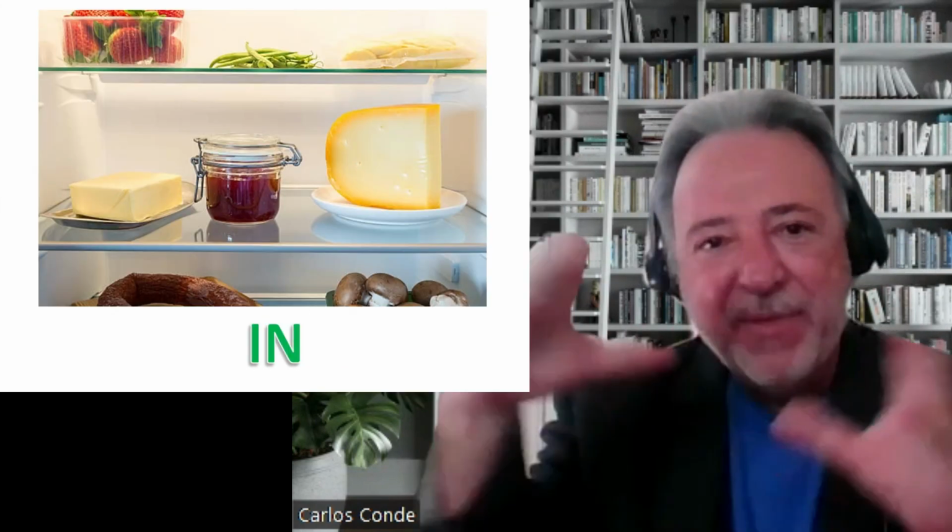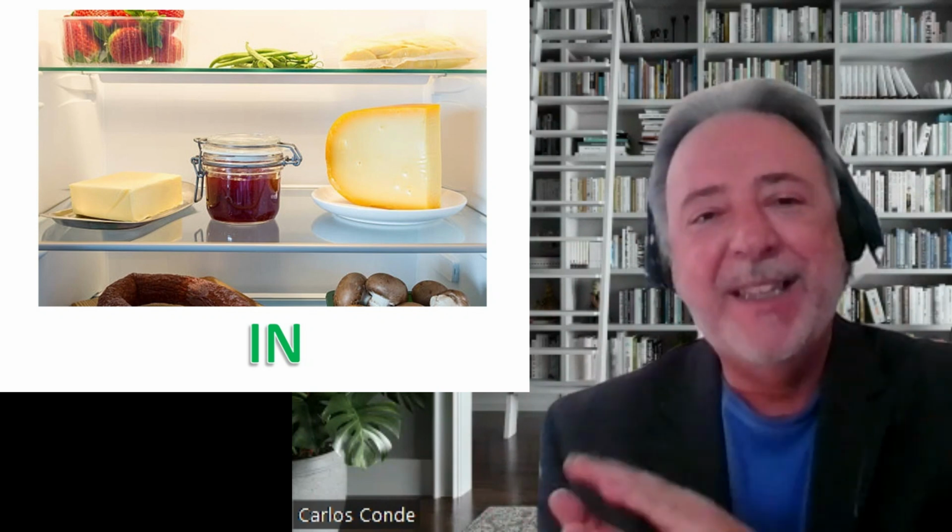Okay? If it's covered, if it's inside, it's in. If it's open, it's on. If it's resting. Okay? That should be simple enough. However, when it gets to modes of transportation, in and on gets a little bit more confusing. What do I mean? Why do we get in a car, but we get on a bus? Why do we get in a truck, but we get on a train?